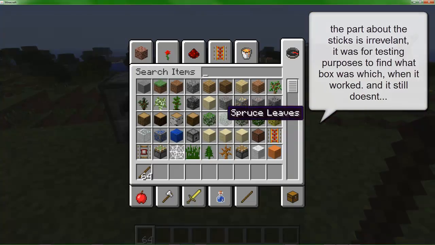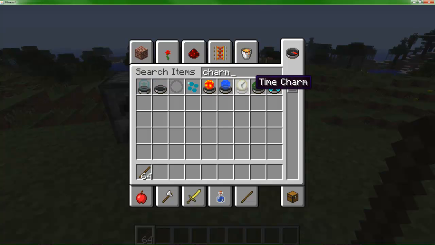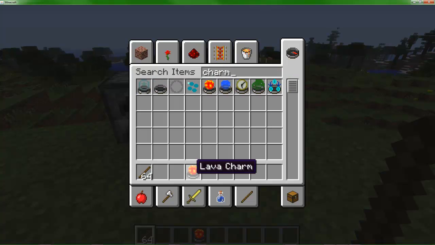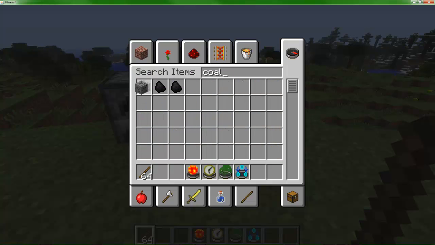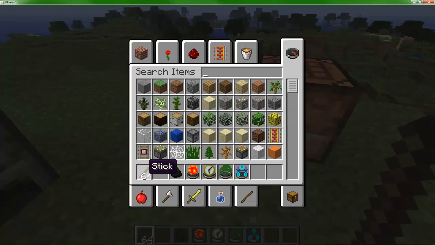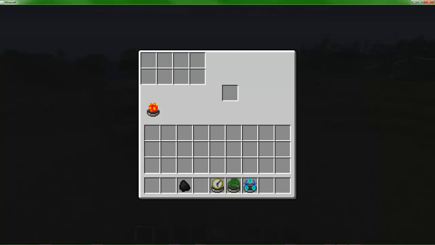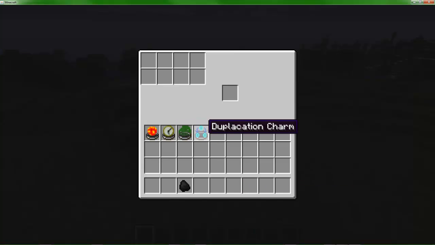What I'll try and do is show you, let's get some charms. Textures done by them. Okay, so let's do the lava charm, time charm, growth charm, and duplication charm to coal. Alright, so let's say someone puts the lava charm up here, time charm up here, in any slot. I'm probably going to have some OR statements, saying if these 4 boxes equals this OR, along with a time charm, a growth charm, and a duplication charm, all in one of these 4 boxes, and you put a coal in this box, the coal will turn into 16 diamonds because you have the lava, time, and growth